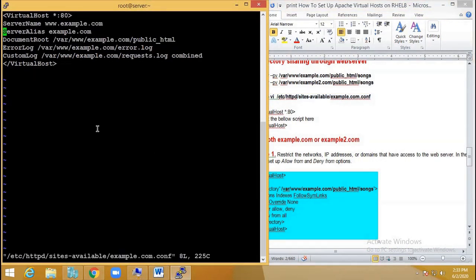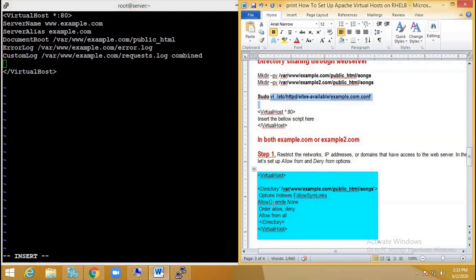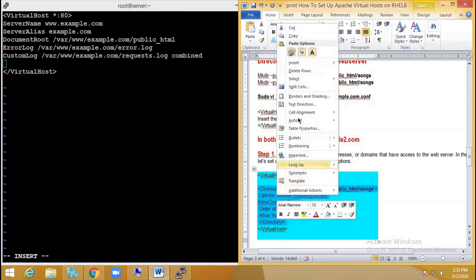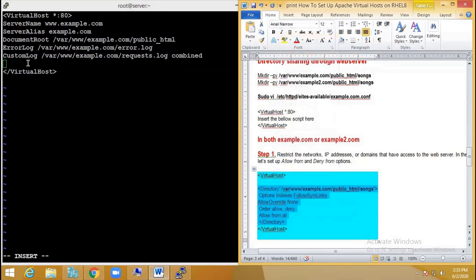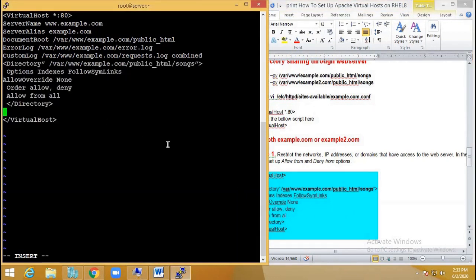In the same file I'll press insert, go to the end of the file, then type the directory sharing script, which has a Directory header. I'll copy this and paste it.